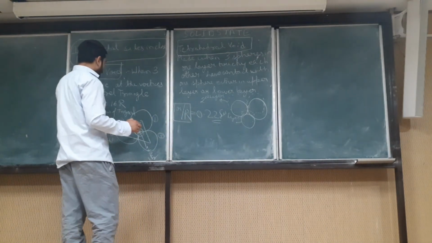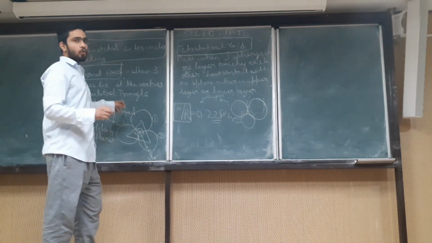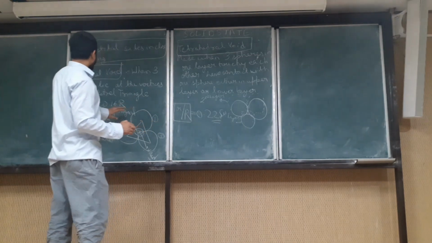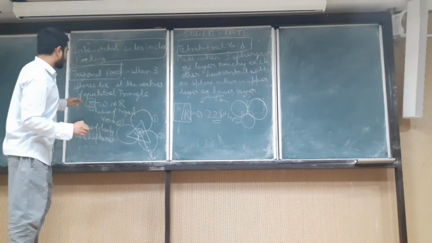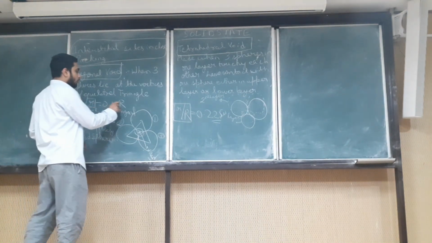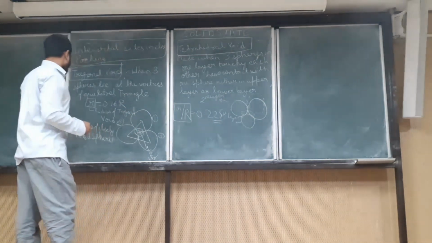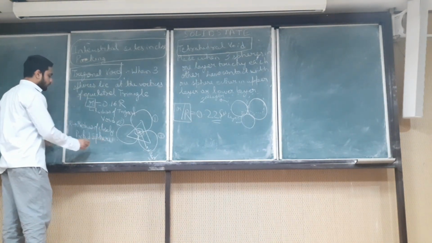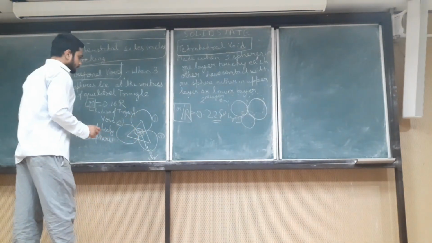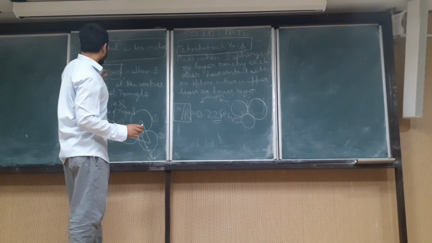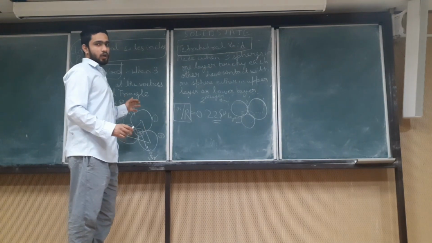And this trigonal void radius and the radius of the sphere are related as r is equal to 0.16 R, in case when they are forming an equilateral triangle, and it is considered as a trigonal void. So this small r of the trigonal void and this capital R of the sphere are related as small r is equal to 0.16 into capital R. Capital R is the radius of closely packed spheres and small r is the radius of the trigonal void which is formed. Okay. So this is the concept of how we find how this small r and capital R are related for a trigonal void and for the sphere.